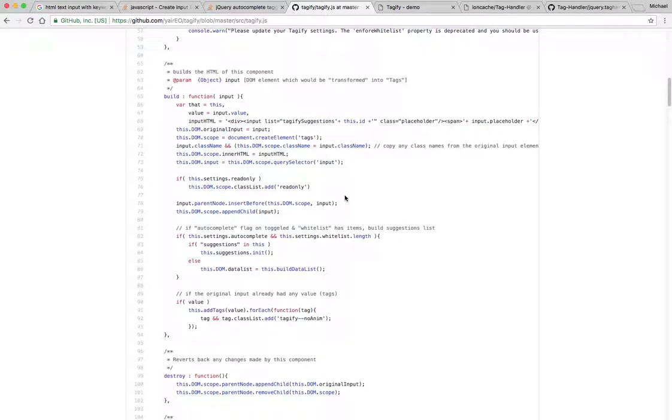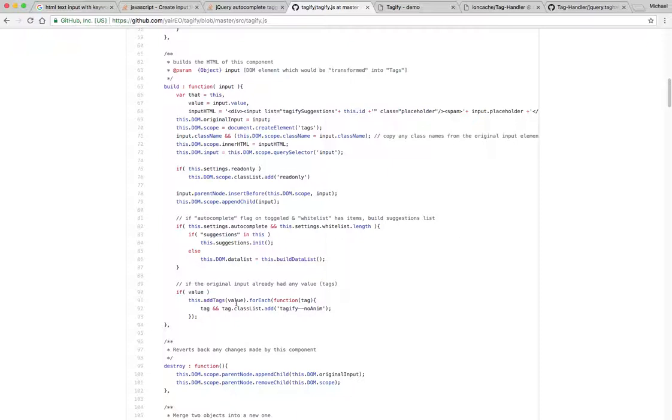So now let's see how. Yeah, okay. I was thinking, there's probably a way to initialize any tags that are specified by the user, and that's what's happening. The developer's commenting on it right here. If the original input already had value or tags, then you can add them. And we're seeing that here. This, which is the tagify object, add tags, value,